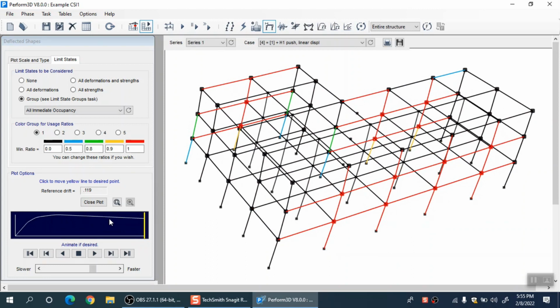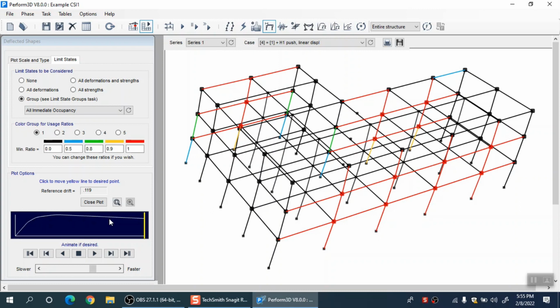So this exercise alone is very useful, pushing your structure up to its complete collapse. It will tell us the progression of structural damage, how the structural damage actually started and from where it actually moved. Mostly it starts at the base level,